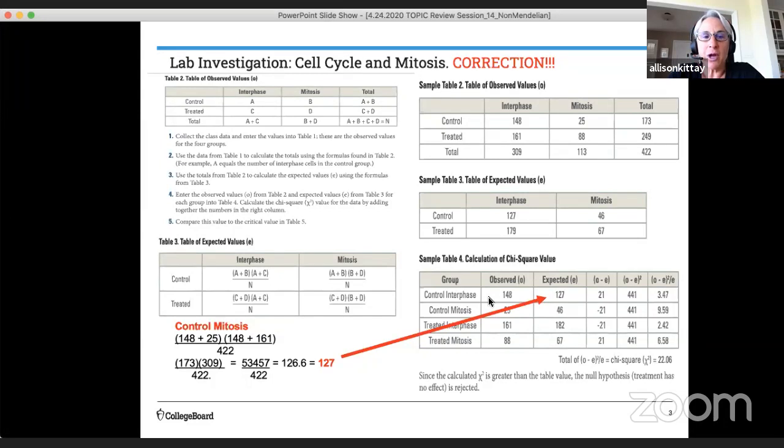So first of all, I presented this slide to you on Wednesday, and this is just the screenshots of the AP Biology lab manual in Lab 7 that shows you the technique of how to calculate the expected data from your observed data. I originally used a different technique, but I decided I wanted to go back and do it according to the instructions in the lab manual so that you guys can actually go back and have a resource. So what I'd like to do today is apply this to the lab data that I gave you in